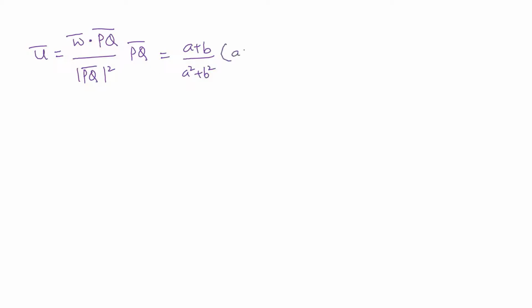So they said U bar is going to be the projection of W bar along PQ bar. So that is going to come as W bar dot PQ bar upon mod PQ bar whole square into PQ bar. And W bar is given as i cap plus j cap, and PQ bar is A i cap plus B j cap. If you take the dot product here, we'll be getting A plus B upon A square plus B square. Magnitude is under root of A square plus B square, but we are doing the squaring here. And this is multiplied with the vector PQ bar, that is A i cap plus B j cap, right? So this is what we got here.